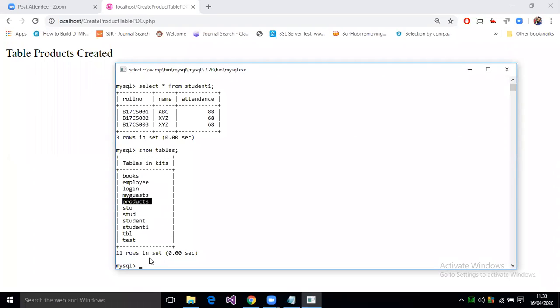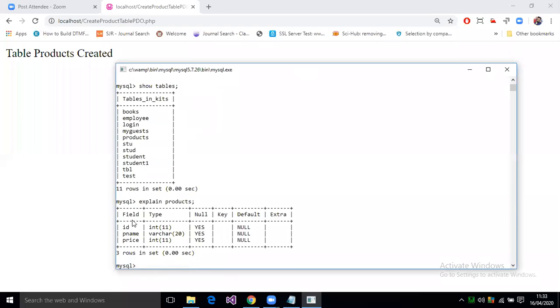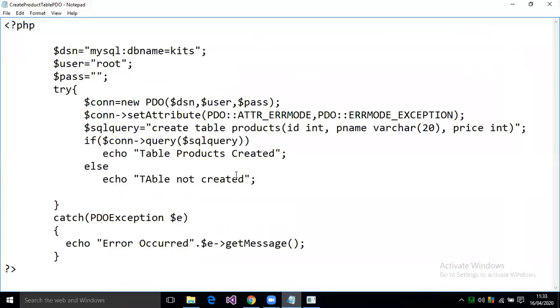Okay, so let us explain products. Now whatever we created, like pname, price and id, you are getting all those details. Okay, now suppose, sir, I want to enter these product details from my web page and insert them into my database. So how is it possible?